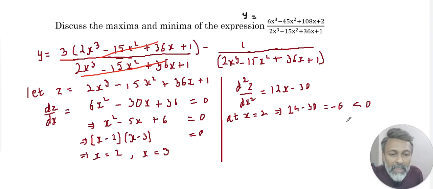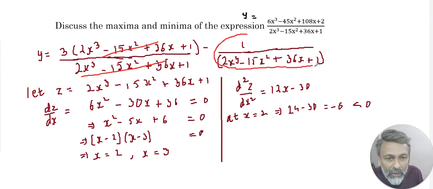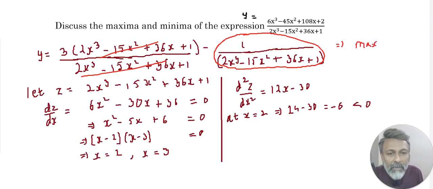So we will get a maxima. So we get a maxima in the denominator, which means that this fraction will be minima. And if the minima is getting subtracted from 3, then the overall answer will be a maximum. So we get maxima at 2, and similarly at x is equal to 3,